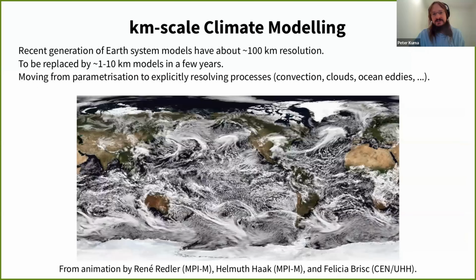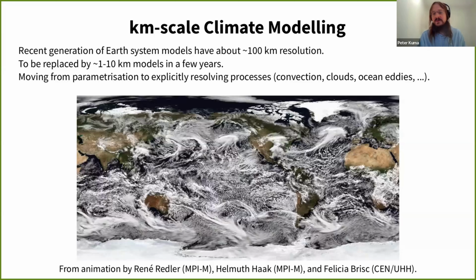Okay, so I'll now briefly introduce kilometer scale climate modeling. Recently we've been trying to increase the resolution of climate models down to 1 kilometer, going from, let's say, a 100 kilometer range to a 1 kilometer range. That would allow us to resolve various things explicitly in the model, like convection and some of the turbulence, but also things like storms in the atmosphere and eddies in the ocean. And that would increase the accuracy of the climate models.